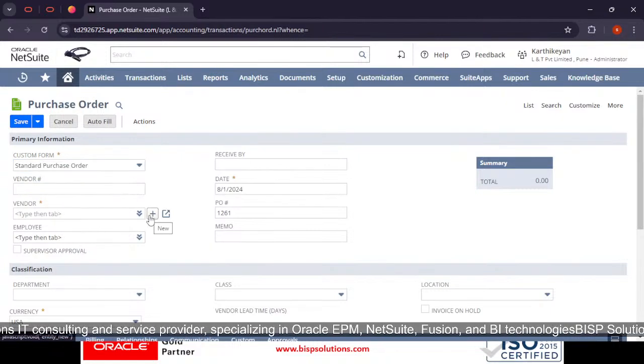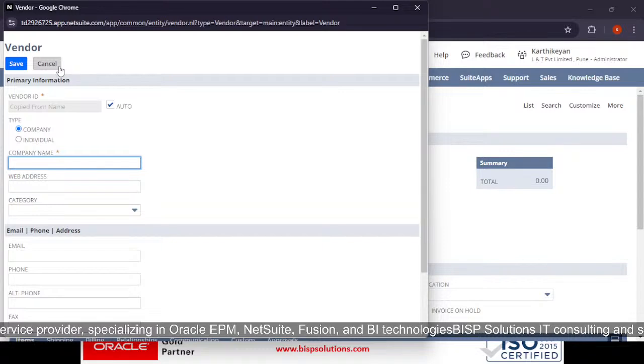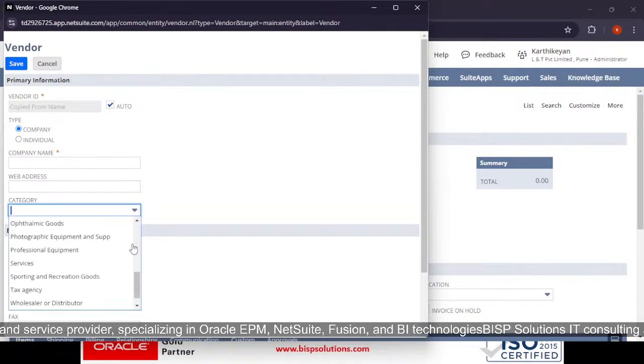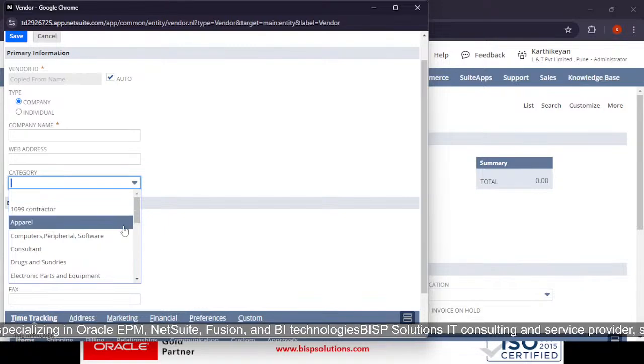If you want to make a new vendor here, you can click on the plus option and make a vendor. The vendor ID will be automatically copied from the name which we give here. Whatever company name you want to provide, you can provide it here. Web address is not mandatory, so you can skip that. Also for category, you can select from options like 1099 contractor, apparel,